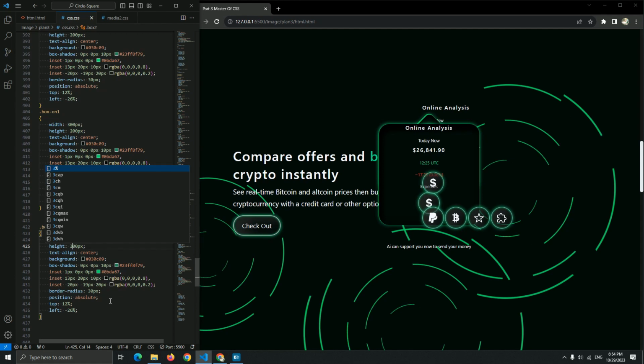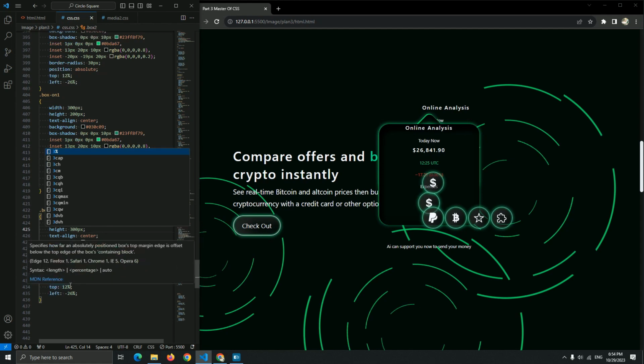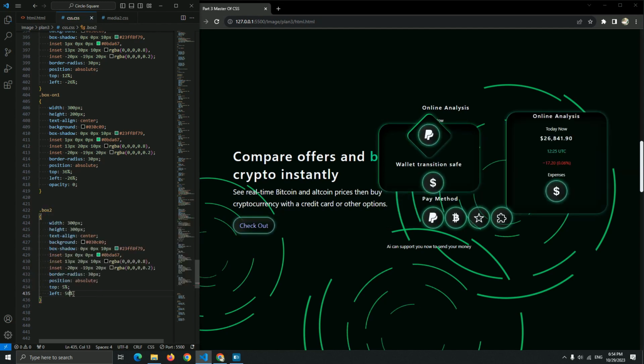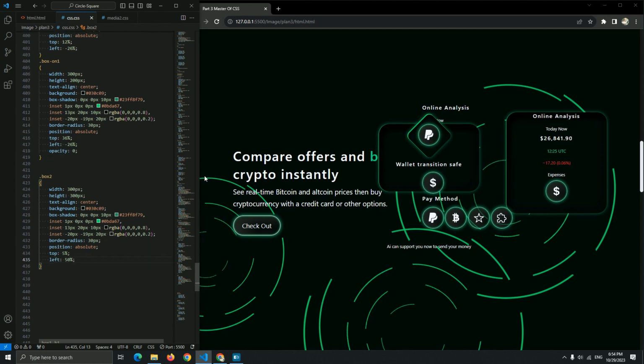Okay, and for the top and the left, the top be 5% and the left 50%. Let me just see it. Yep, now it's good. And the border radius be the same, the box shadow be the same, no need to change it. Okay, this is our box 2 as you can see it.